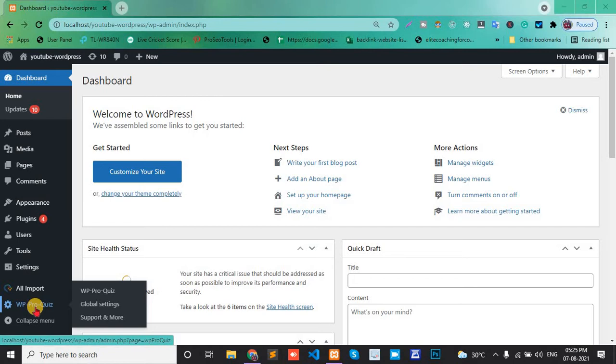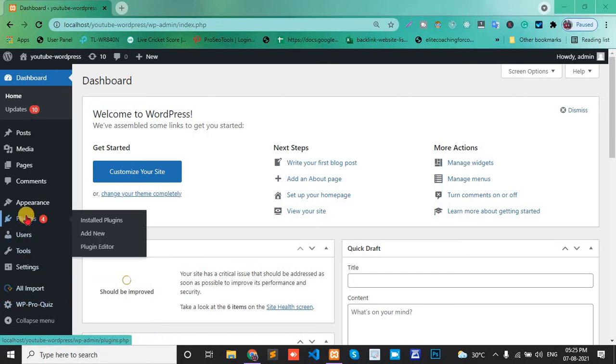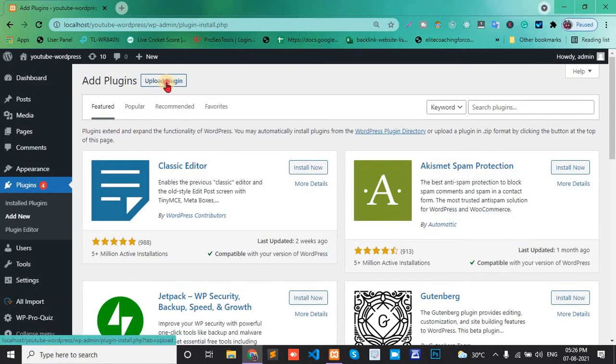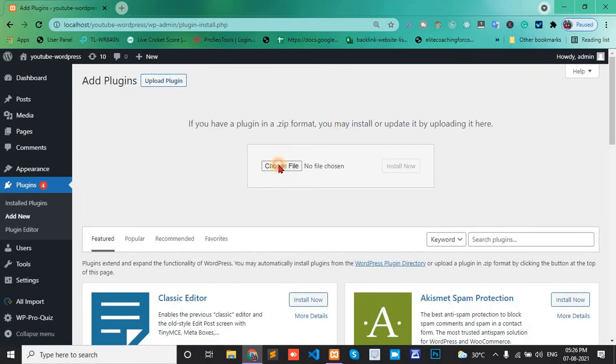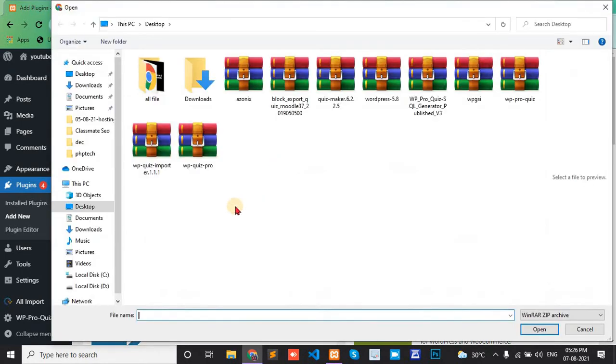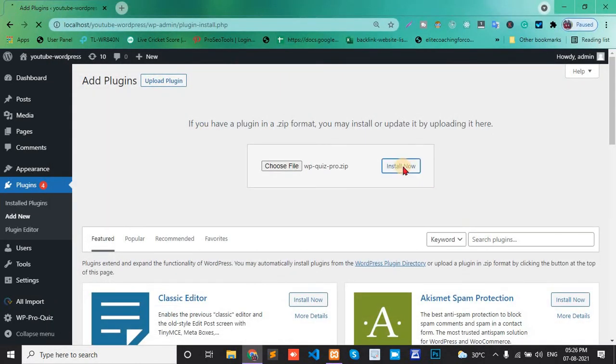Okay, so let's start. First, open your dashboard, go to the plugin section and add a new plugin. Here, upload plugin, choose file, select the WP Quiz Pro plugin, open and install now.